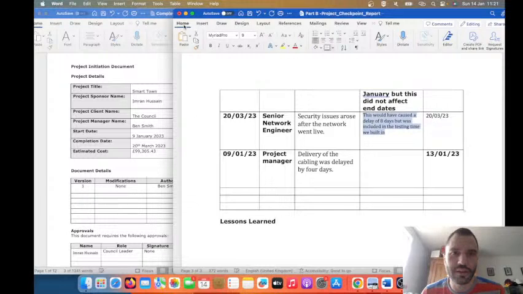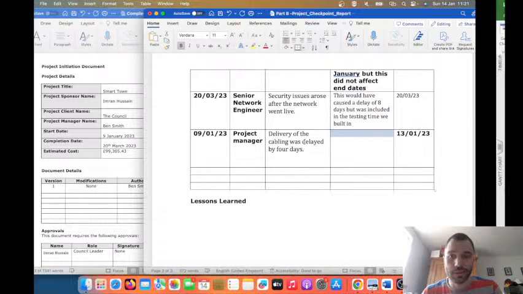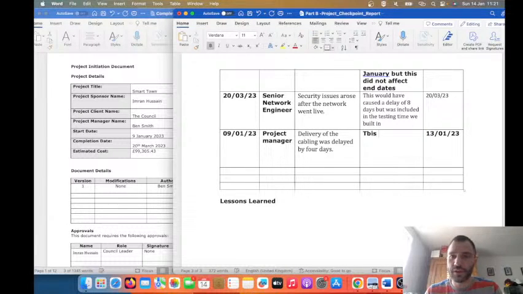Examiners like that kind of thing, I'll make the font a bit bigger there. And cabling was delayed by 4 days. So what did we do? This meant the network infrastructure